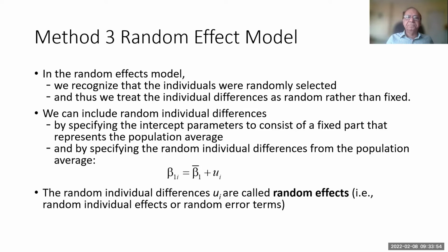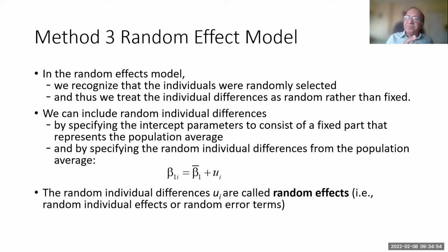In the random effects model, we recognize that individuals were randomly selected, and thus we treat the individual differences as random rather than fixed, because the companies and states which we are selecting are selected at random. We have not selected them all, we have selected randomly. We can include random individual differences, by specifying the intercept parameters to consist of a fixed part that represents the population average, and by specifying the random individual differences from the population average. So the constant, which was B1i,